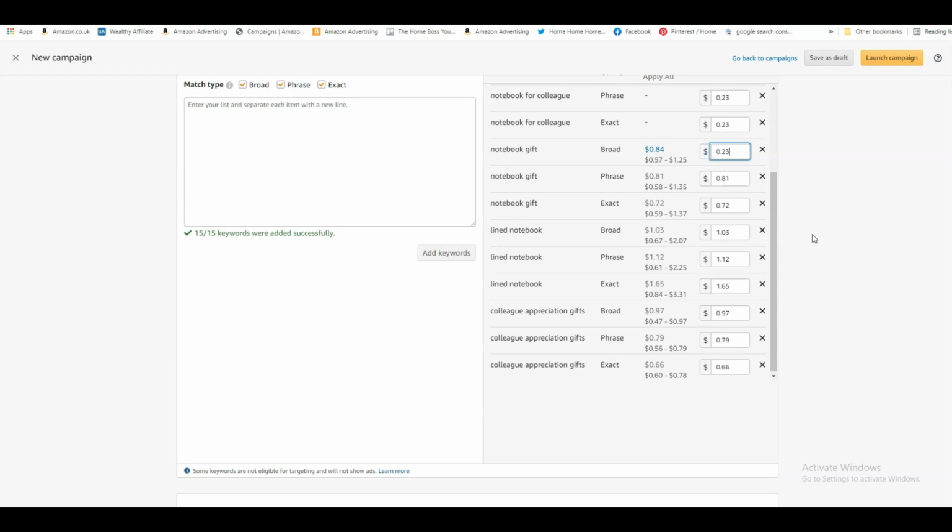My own strategy is slightly different. I don't feel comfortable losing money at the moment because I'm still making sales. I'm really making enough sales to not make a loss, if you know what I mean. I'd rather not make a loss, and I'm happy with the amount of sales that I'm getting. But you know, there are different strategies to ads. I'm only showing you how I run my ads because, like I said before, I'm still learning. I'm not an expert on ads, and I'm just showing you what I do for my ads.